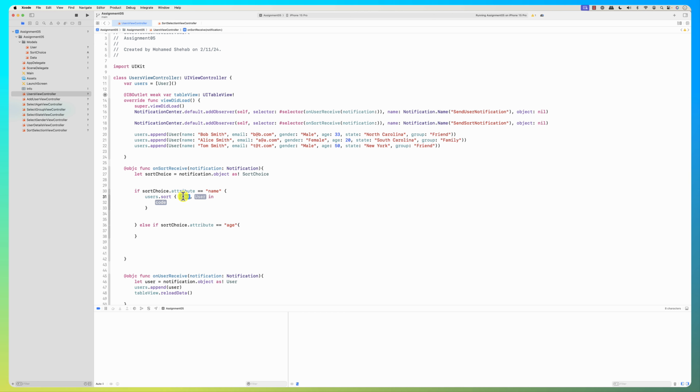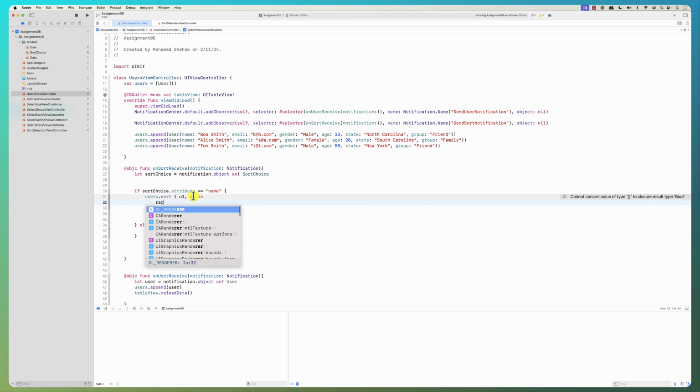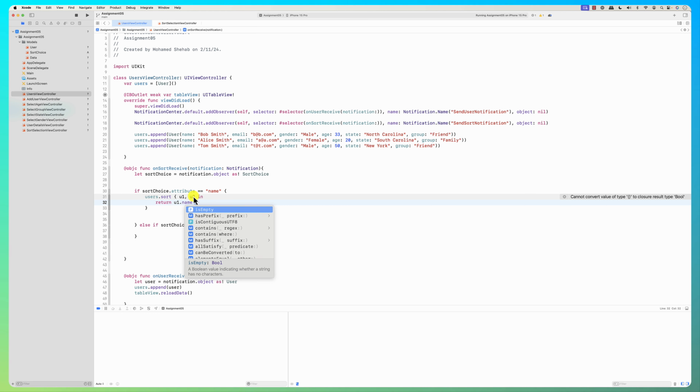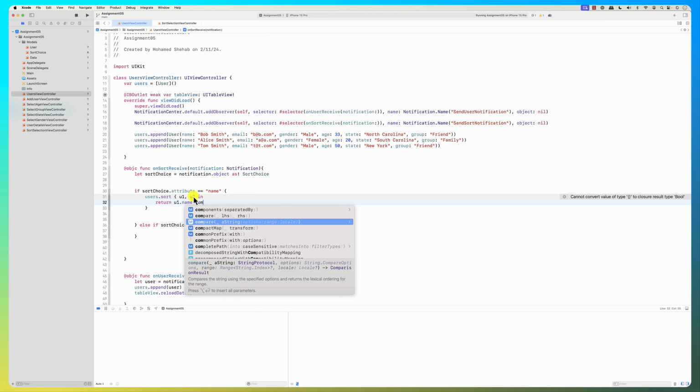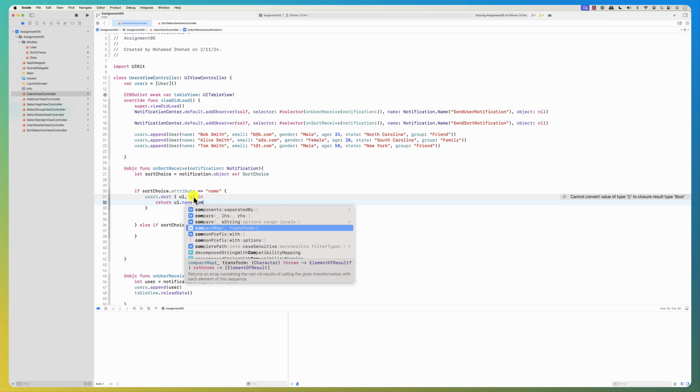So basically here you have user 1, U1, U2, and then basically we'll do U1 dot, okay, and then you return something. Return U1 dot name is compare, okay, and we need something that returns a